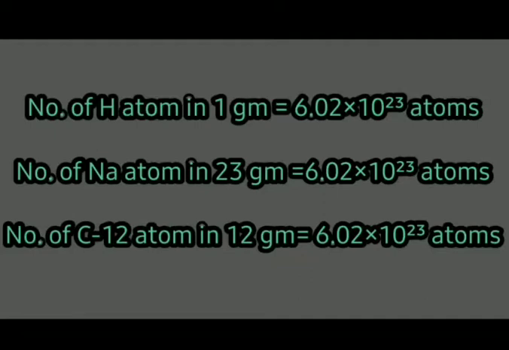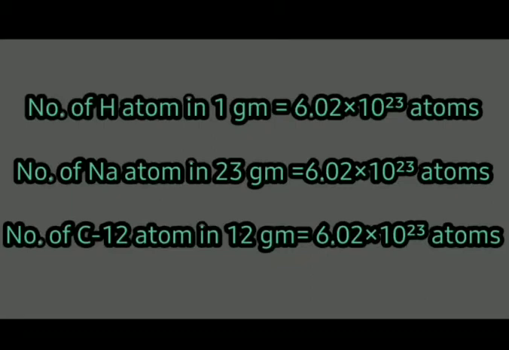So mole is nothing but just a number. Just like if you say one pair, what you say? The 2 numbers. If you say dozen, then what you say? 12. So like that only, mole is just a number. If you say 1 mole, how much number is that equal to? 6.022 into 10 to the power 23. Generally the value is 6.022 into 10 to the power 23, but we are taking 6.02 into 10 to the power 23.